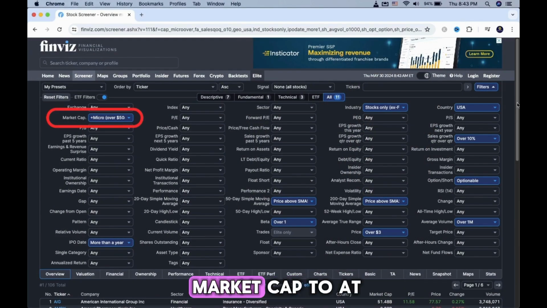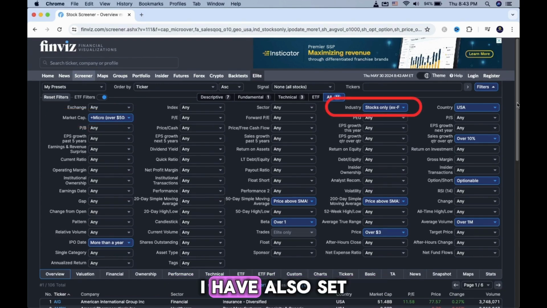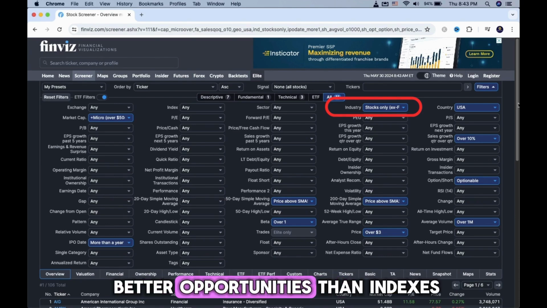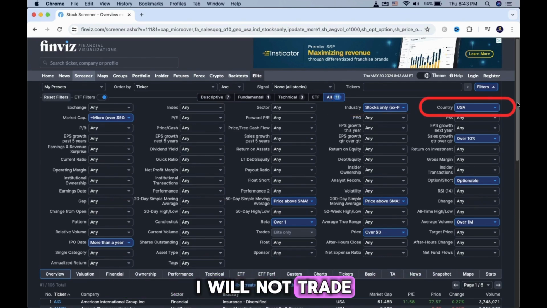I have set the market cap to at least 50 million or more to avoid trading penny stocks. I have also set the industry to only stocks, as I find that they give me better opportunities than indexes. I will not trade any non-US stocks as they generally tend to have large gaps overnight, making it harder to